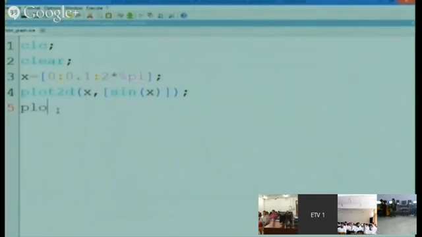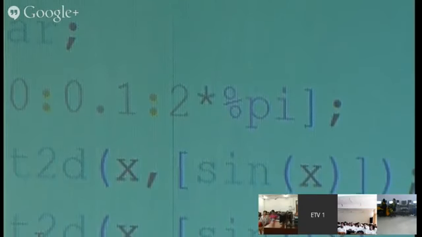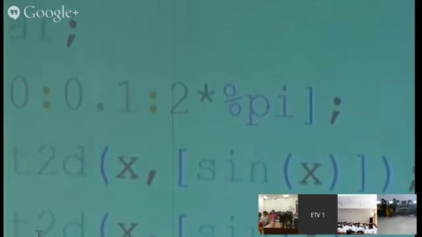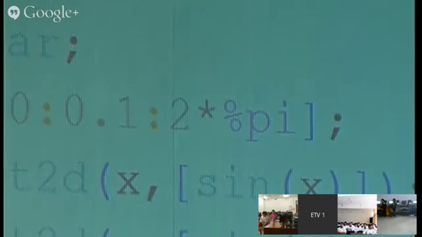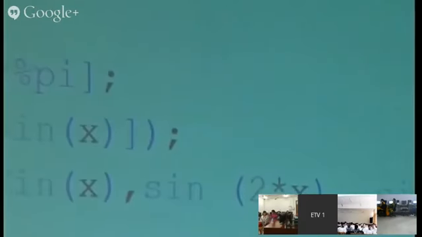Similarly, in the same line we can plot more: x, sin(x), comma sin(2x), comma sin(3x). All these three plots will be plotted simultaneously on the same graph.